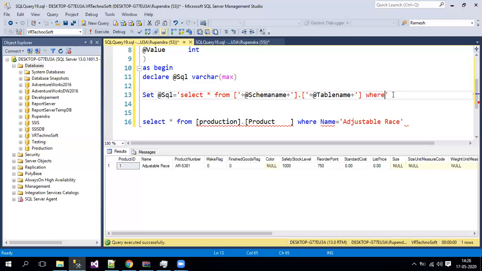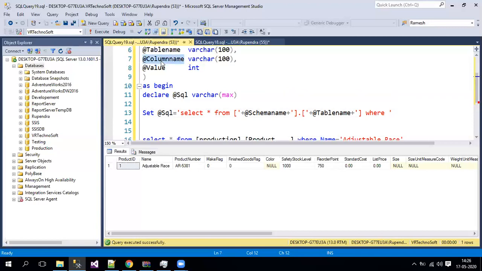And then one more space here, because between your column name and where clause there is a space. Then your column name, they're saying it should come from your variable. It's a dynamic value, right? And do plus. You cannot directly call this variable after the single quote. So always you need to put plus to concatenate that value. That is mandatory always. Do remember that.